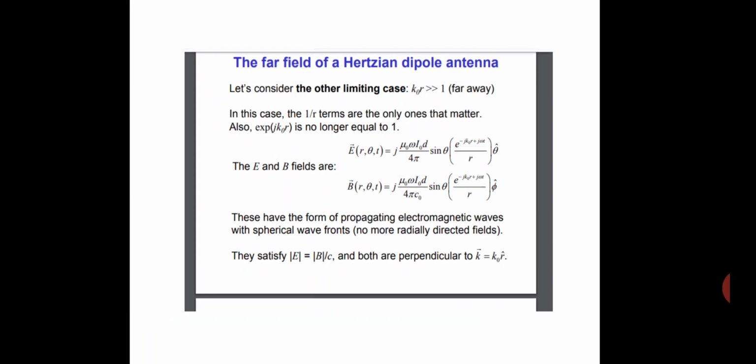These have the form of propagating electromagnetic waves with spherical wave front. They satisfy E equals B upon c, and both are perpendicular to the k vector, k equals k₀ r̂. So these are the